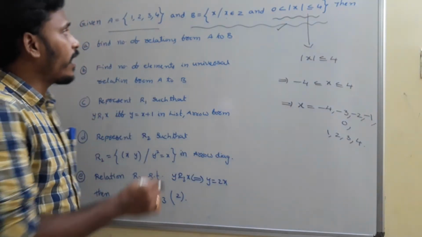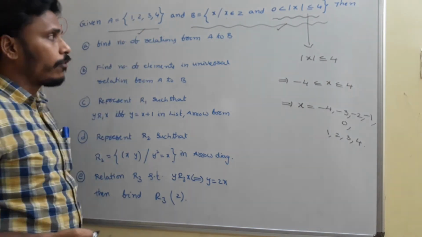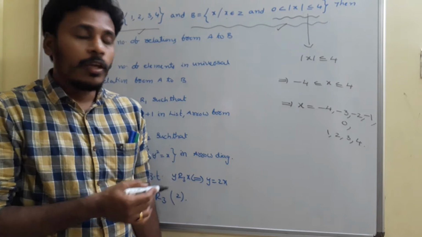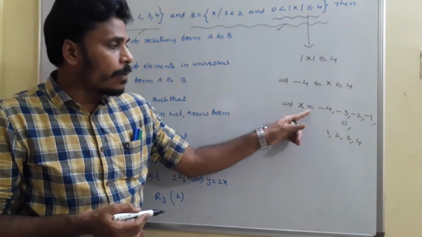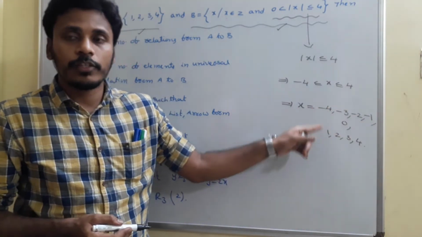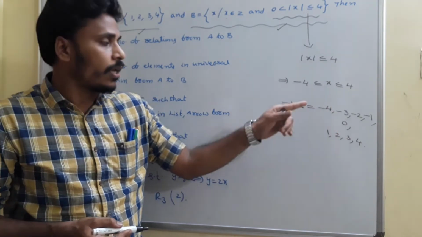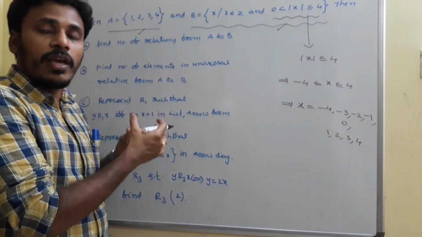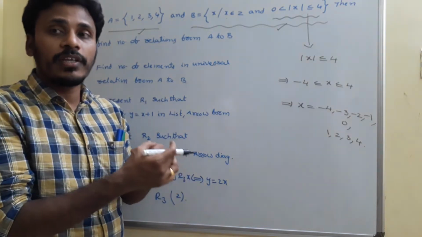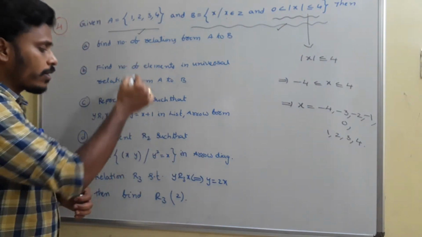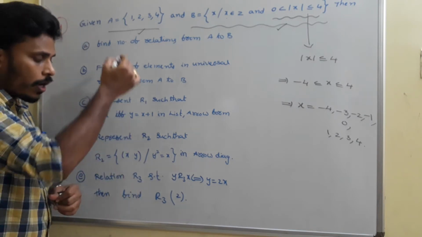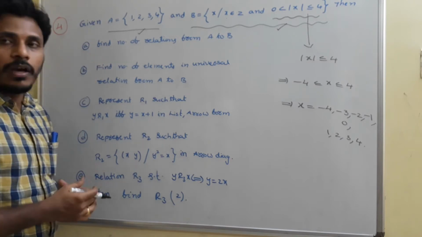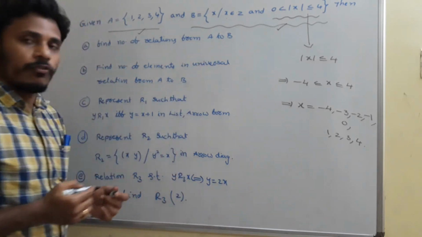Okay. So set A is directly given as 1, 2, 3, 4. Whereas set B, the elements of set B, we found that the elements of set B are these numbers: minus 4, minus 3, minus 2, minus 1, 0, 1, 2, 3, 4. Now we have set A and set B. Using that set A and set B, now we need to answer all these questions. Okay. To answer all these questions, initially we need two sets A and B. So the elements of A are clear and now we found the elements of B also.